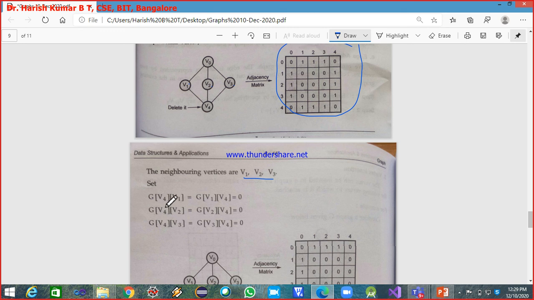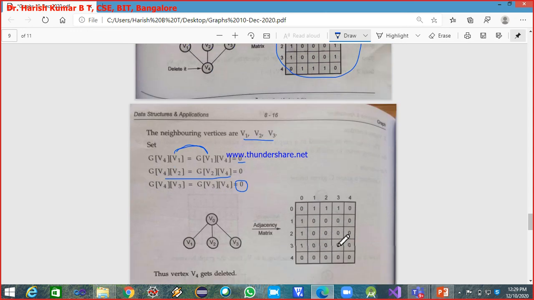Since it is an undirected graph, G of V4 V1 is equal to G of V1 V4, and that should be updated to 0. Similarly, G of V4 V2 or G of V2 V4 should be updated to 0, and similarly G of V4 V3 should be updated to 0.